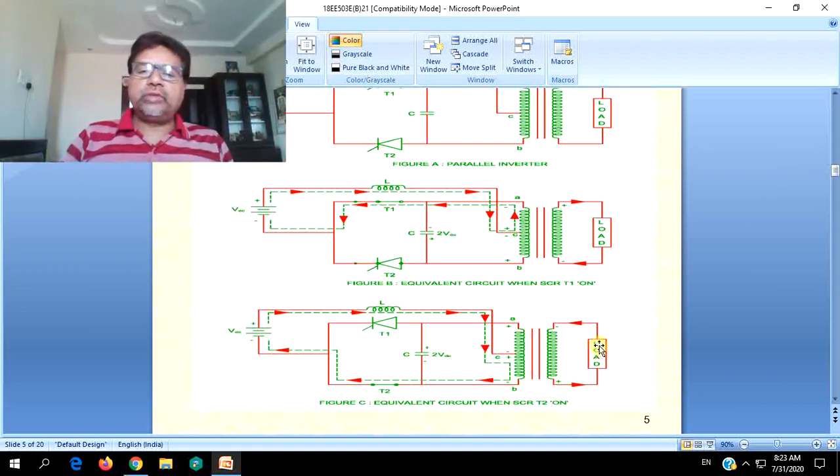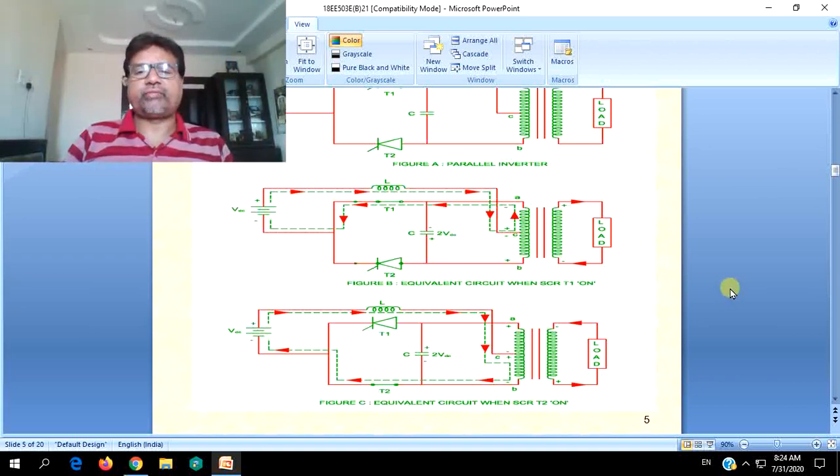But again the load will be getting a voltage which is equal to the voltage induced inside the lower half of the primary, that is only VDC. So load voltage will be again equal to VDC, and the current will be again eventually flowing just like in the first interval, but in reverse due to the reversal of supply voltage to the primary and eventually reversal of secondary induced EMF. Thus you will get current reversed in each cycle and also voltage reversed in each cycle. Because of the inductor you will be getting almost a sinusoidal current, but voltage will be square in most of the cases.